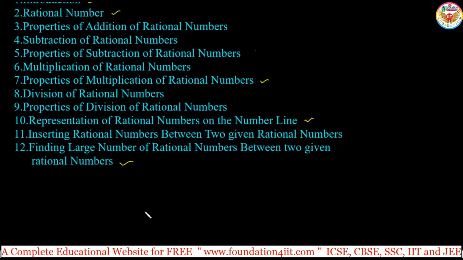First one, let us see what a rational number is and how to identify it. Before that, the introduction: the number system. The first one is natural numbers, right? Natural numbers are denoted with capital N. Already we know from the previous class that natural numbers start with 1, 2, 3, and so on. We call them counting numbers also, because if you want to count any group, like the number of students or children in the class, we start with 1, 2, 3. That's why you can call them counting numbers or natural numbers.